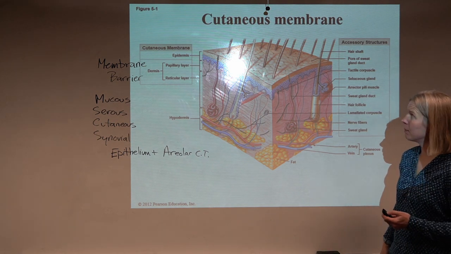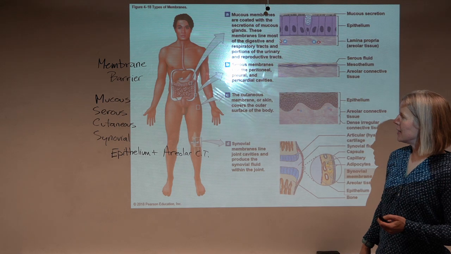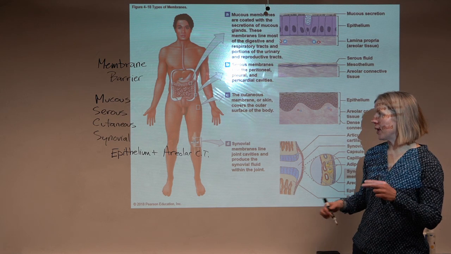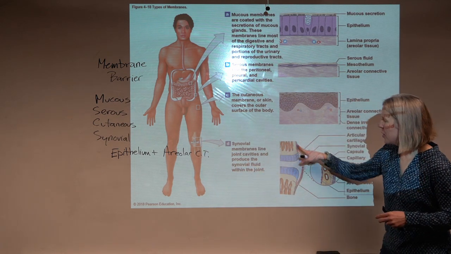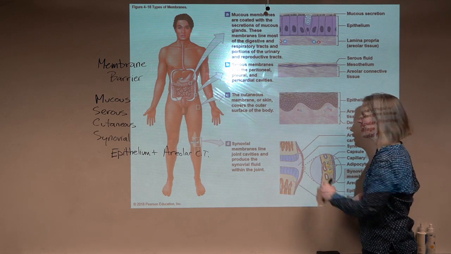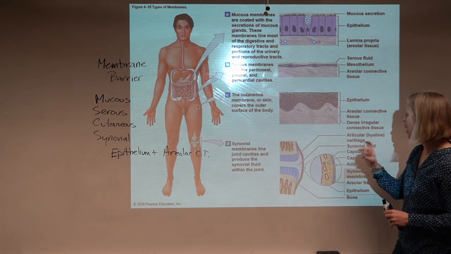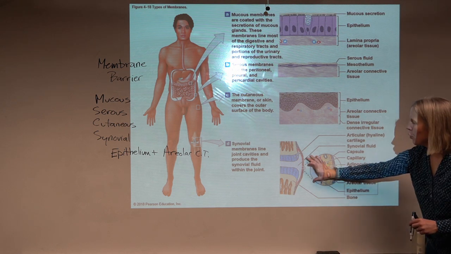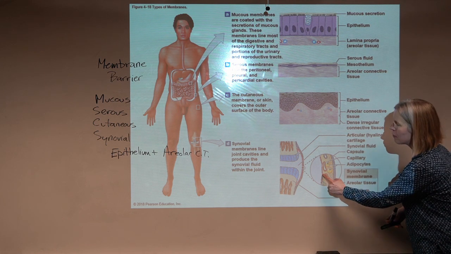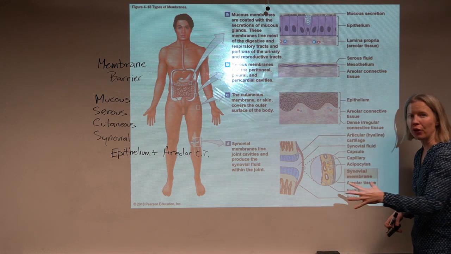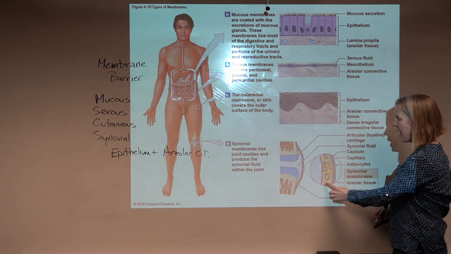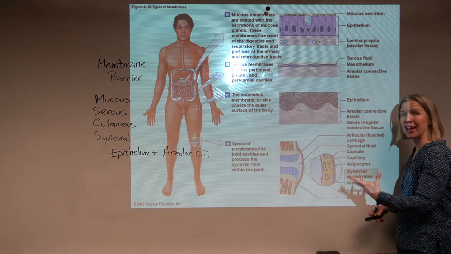Our last membrane is the synovial membrane. Now, synovial membranes line joint cavities. So here they're zooming in on the knee. They're showing the ends of the long bones with their hyaline cartilage, right, that articular cartilage. But really we're looking here at this joint space. So they're zooming in to show you the synovial membrane. We have some epithelial cells. This is not like a continuous sheet of epithelium, but there are epithelial cells and our underlying areolar connective tissue,